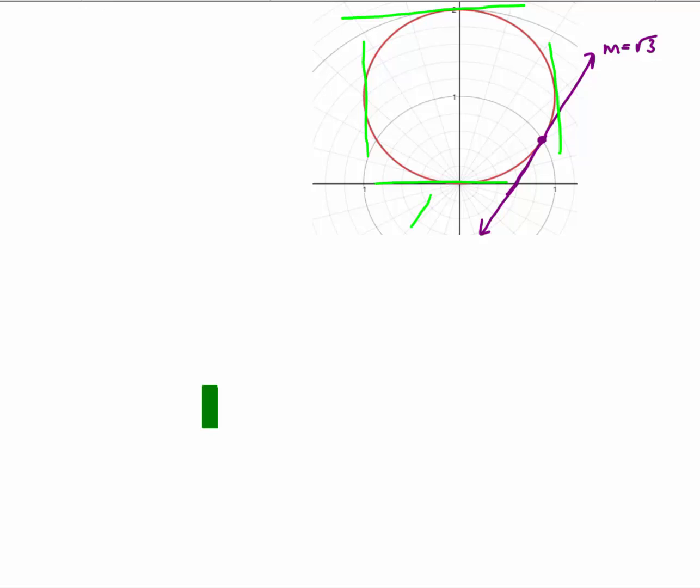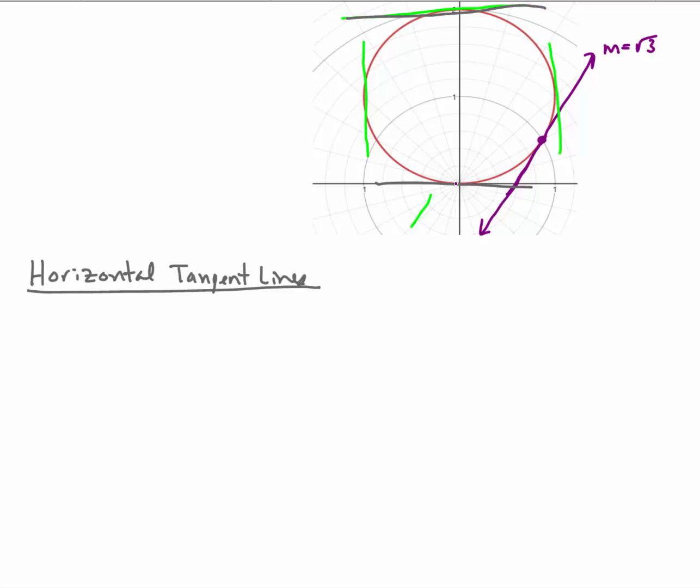Let's start with horizontal tangent lines. Now again, by looking at our picture up above our graph, it appears to me we have horizontal tangent lines here, so that would be at 0, and then up here as well, which is also at 0 in terms of my radians, but then we'll have to worry about those points. So let's go ahead and be pretty specific about this. Find the points on the interval from negative pi to positive pi at which the cardioid